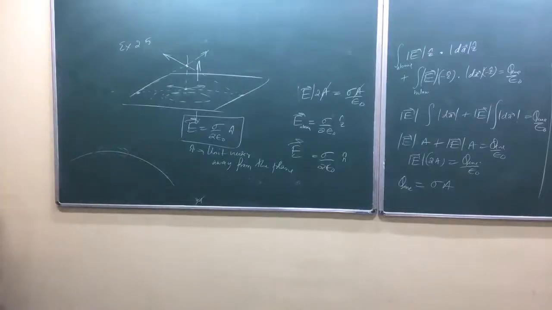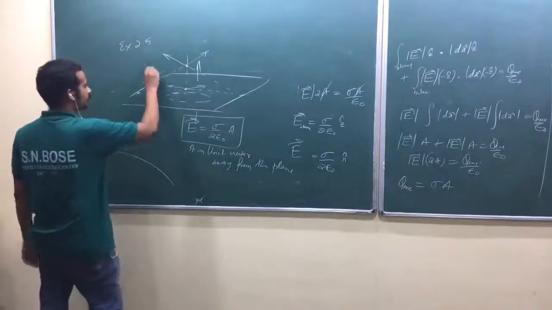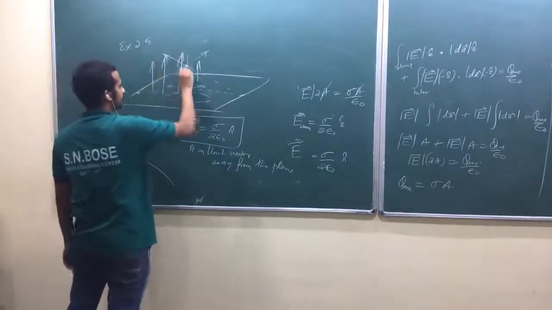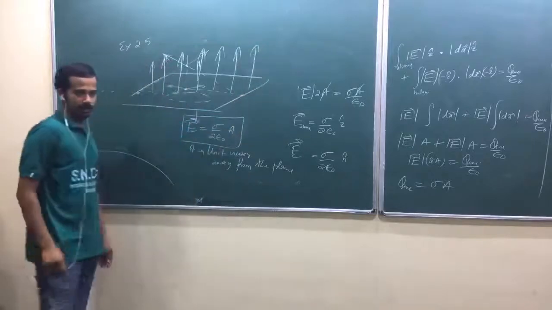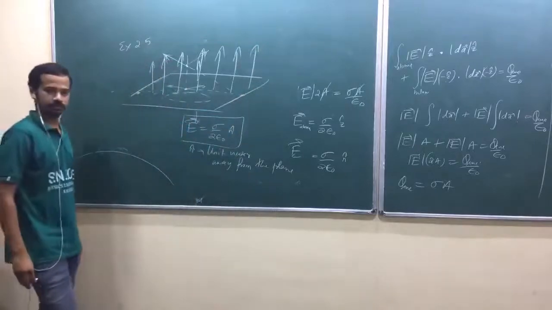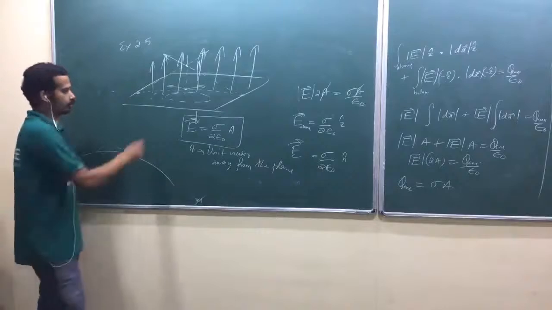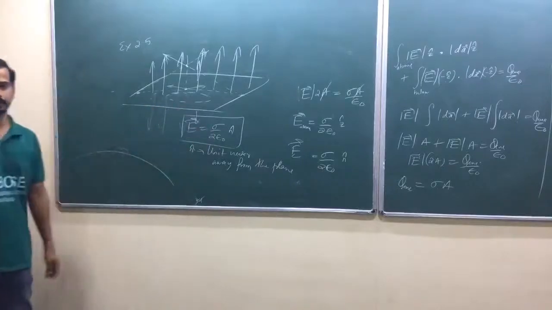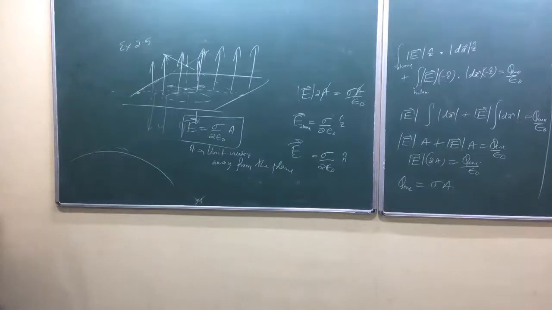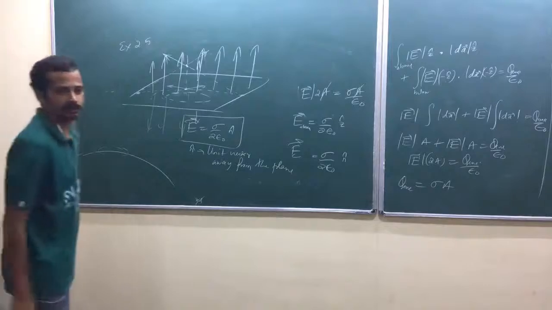How will field lines come out of the charge plane? Yeah, once I got this one, why can't I draw electric field like this? They should be uniform. Strength should not increase. I can draw it below like this. Why can't I draw? Okay, I can draw that one. Yeah, they should be vertically straight.